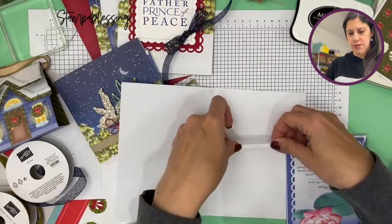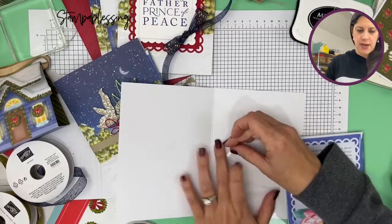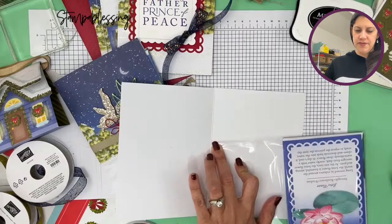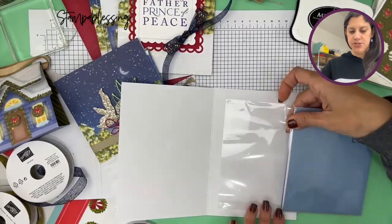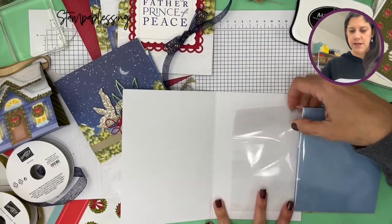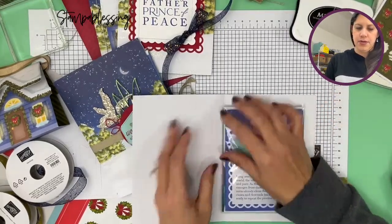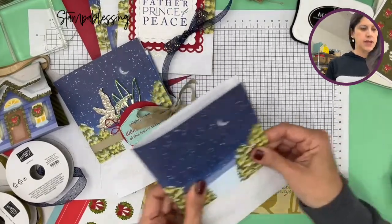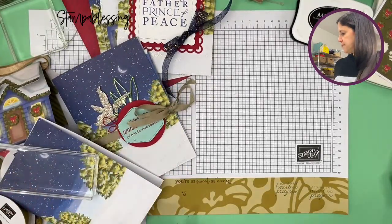I'm actually gonna do it like this because I just don't want it to fall from my packet. I want to be able to hold my packet up and the thing not falling from under, okay? So I'm gonna come here and position it right there in the center. Let me see if I did this well. I think it's like this. Then I press, and then I put them in. Yep, that works great. Okay, so let me put this here. I'm gonna hold it with a clear block, and I'm gonna bring